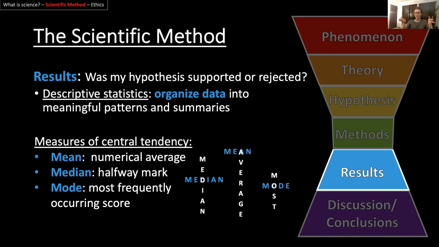So mean is perhaps the most common. Mean is the average. So just kind of what the overall average value, if everyone in that group had the same exact value, what would that value be? Median, however, is the middle, the halfway mark. So as a whole, if you order all of your values from smallest to largest, what value happens to land in the middle? And then mode is your most frequently occurring score, the score that occurs the most. So perhaps that's more informative, is to know when in general, how frequently values do occur.